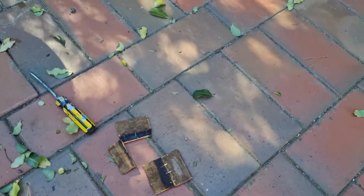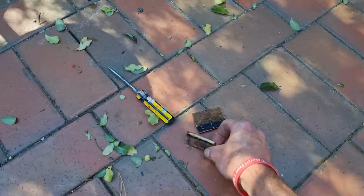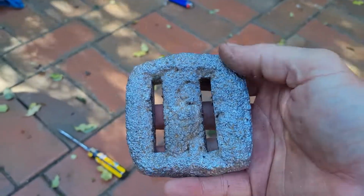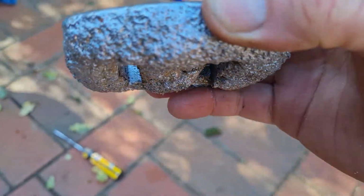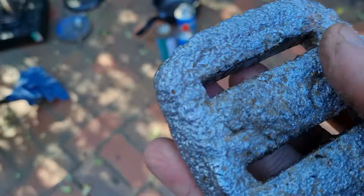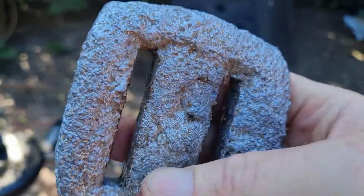Rightio guys, so I did manage to get these out with not much trouble. One of them stayed together for me, so I'll reuse that. This one broke as I was wiggling it out, but we've got the weight. Now it's a little bit dodgy on top there, but we got the gaps in it, we got the weight. It's probably about 1.5 kilo, I suppose. It looks a bit ugly, but that's the sand pattern in it. Not much I can do about that unless I